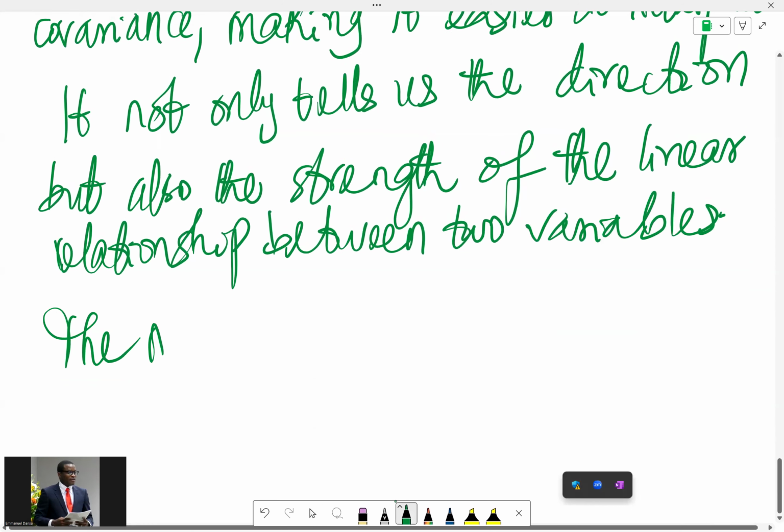The most common correlation measure, so it means there are many correlation measures, right? But the most common one,